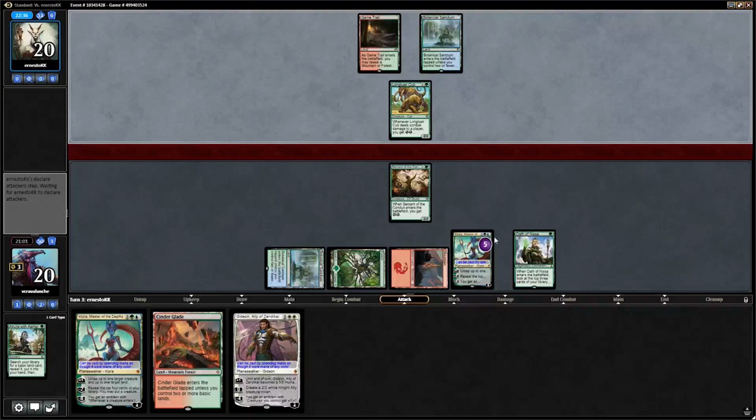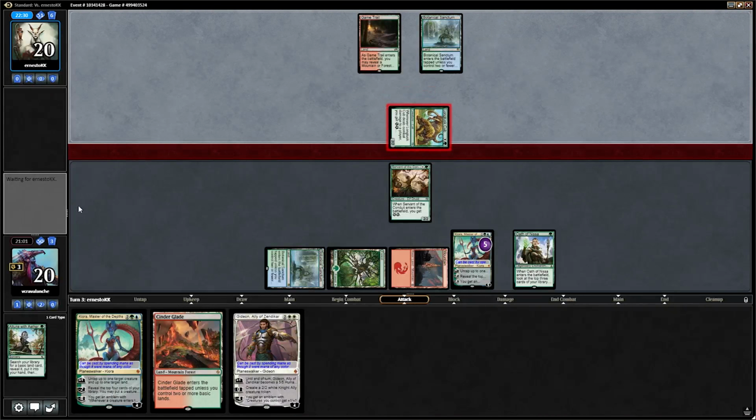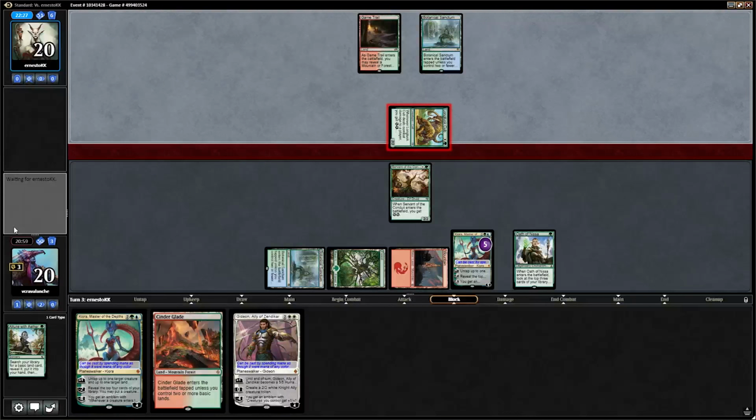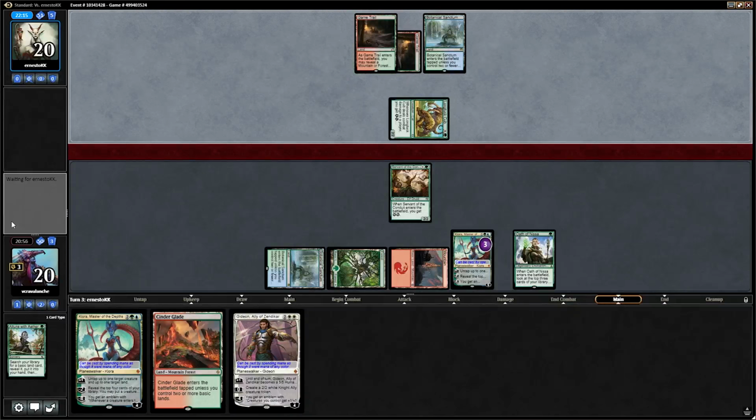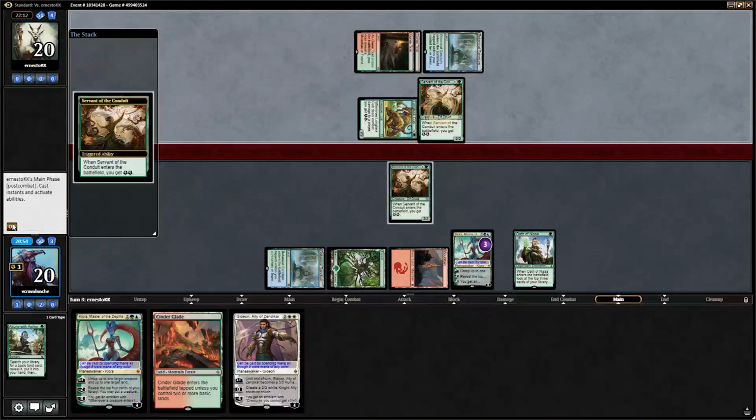Attacks into Kiora, I don't care. If it attacks into me, I'll block. Okay, I don't care about Kiora getting hit, as it's not going to give my opponent energy, and it's also not going to kill Kiora. There's a Servant of the Conduit. Alright, so...